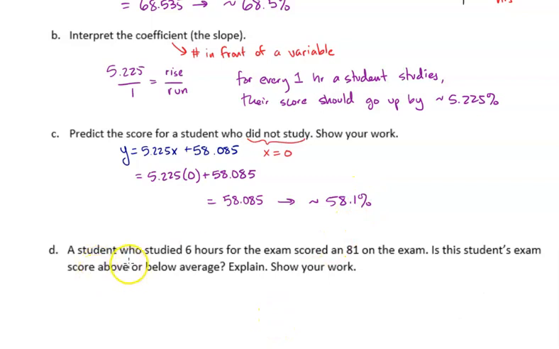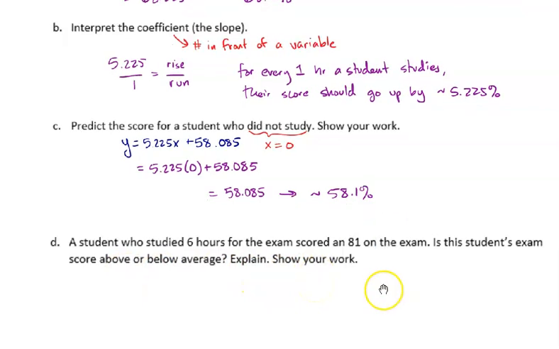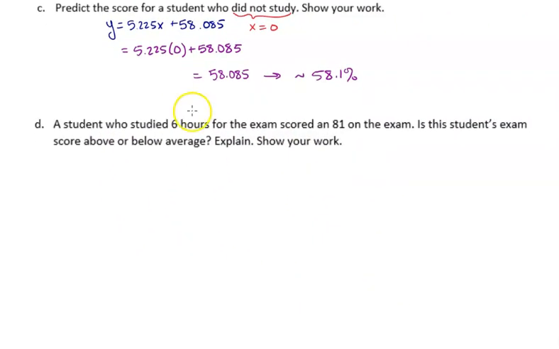Finally, the last part says a student who studied 6 hours for the exam scored an 81. Is this student's exam score above or below average? And explain and show your work. So if they studied 6 hours for the exam, that means that in our model, the x value is going to be 6. So we're going to take our y equals 5.225x, put a 6 in, plus 58.085. So 5.225 times 6 is 31.35 plus 58.085